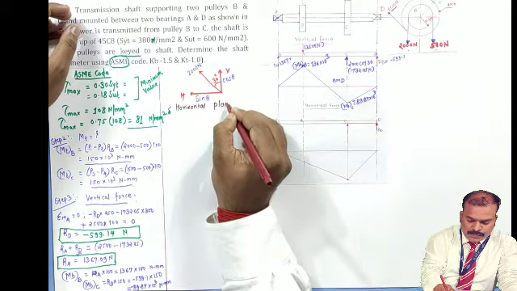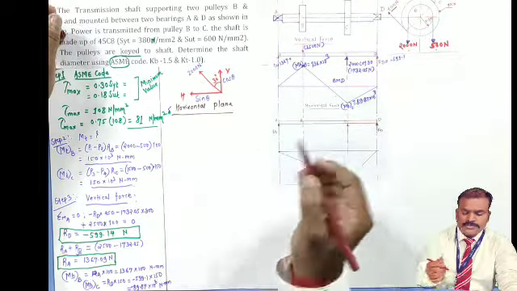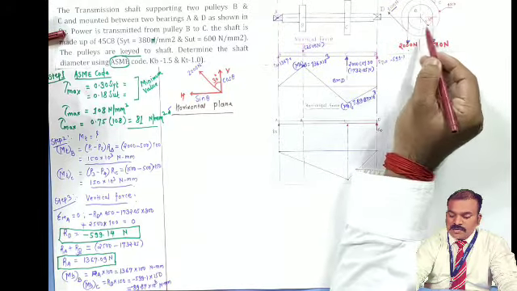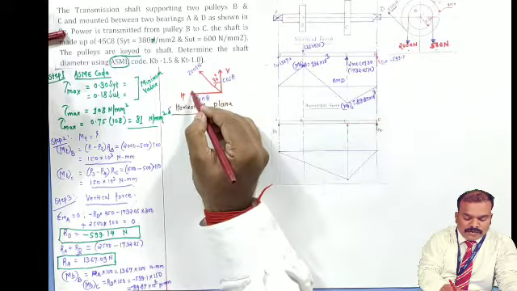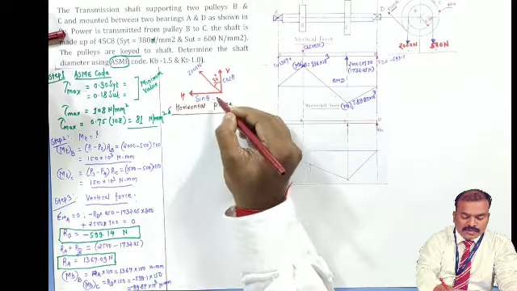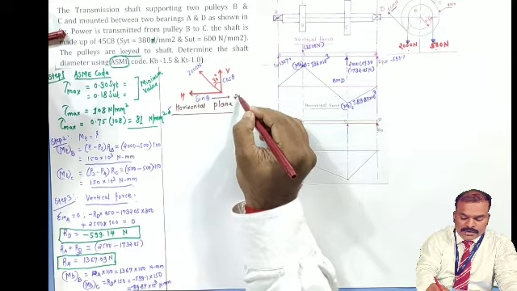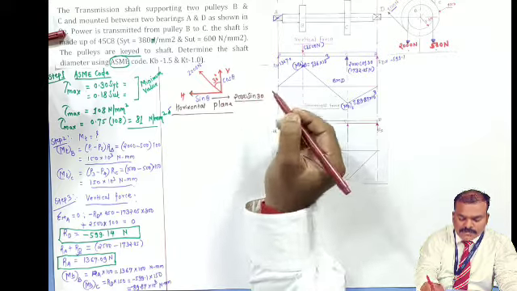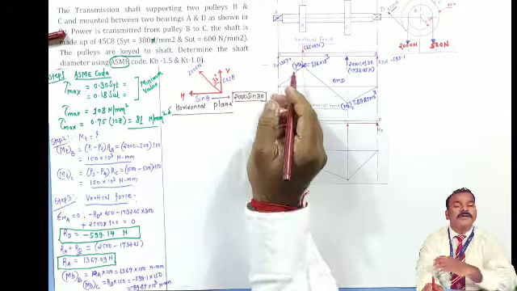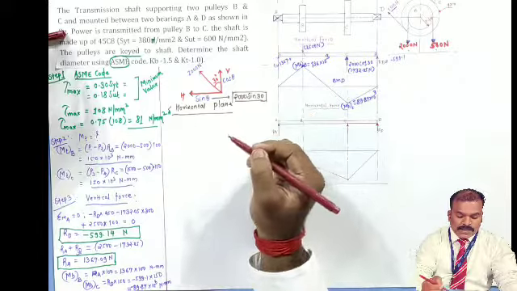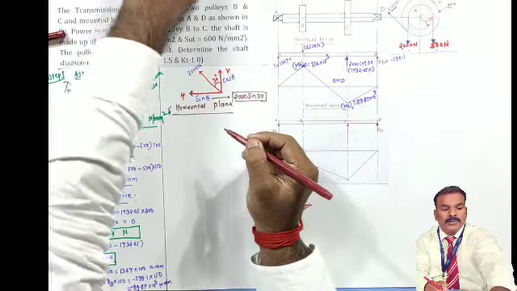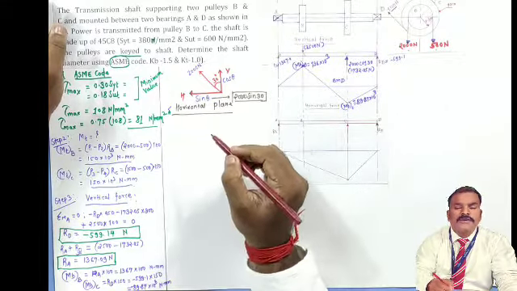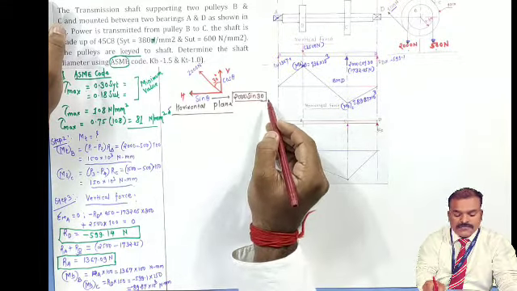Now in case of the horizontal plane, write down carefully in the same steps. In the horizontal plane, what are the horizontal forces? Only one horizontal force, all others are vertical. See, this one is the horizontal force. So what is this? This we can say 2000 sine of 30. This will be the only horizontal force occurring over here, so I need to consider that. For the horizontal force, this will be 2000 sine of 30.